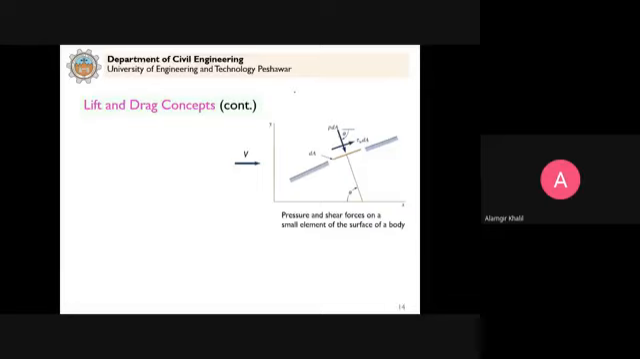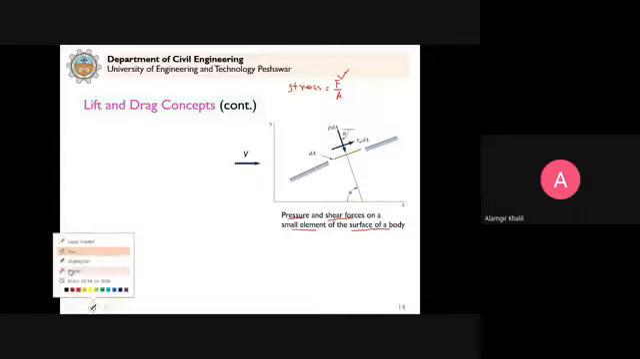So stress, that is force per unit area. Clear? We defined that stress is equal to force by area. So the same concept is used here. It is equal to force by area. So now stress multiplied by area is your force. Clear? So that's why we show them here as the pressure and shear forces on a small element of the surface of the body. So now that this is clear,